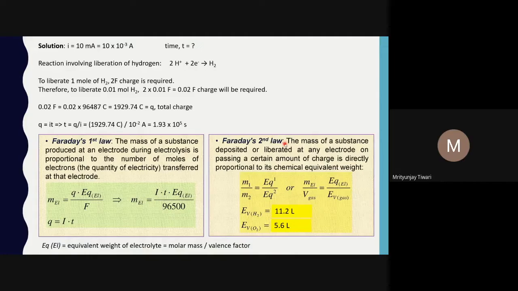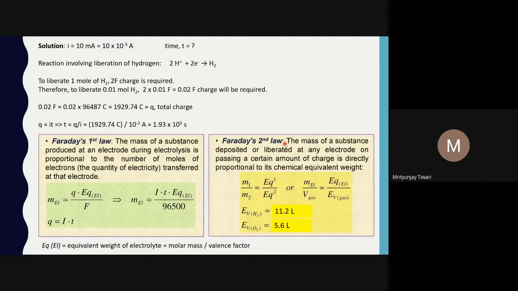In terms of moles, when we look at the stoichiometry, we see 1 mole of a particular substance reacts with some other number of moles of another substance to produce some number of moles of the product or set of products. For example, for ammonia, N2 plus 3H2 gives 2NH3. So 1 mole of nitrogen reacts with 3 moles of hydrogen to produce 2 moles of ammonia. But when you go by the law of equivalence, one equivalent of hydrogen reacts with one equivalent of nitrogen to produce one equivalent of ammonia.